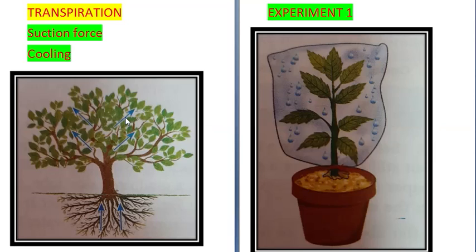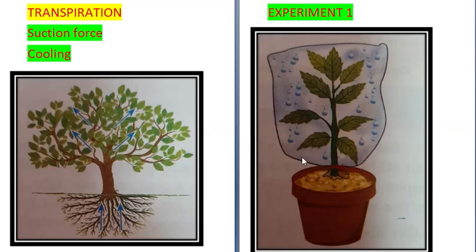Now transpiration is a very useful process for plants for two reasons. First, it creates a suction force in the stem which enables the roots to absorb water and nutrients from the soil, and secondly, it helps in cooling. Just like humans, our body gets cooled down due to perspiration or sweating. Plants cool in hot temperature by losing water in the form of vapor from the leaves and stem. Now transpiration can be demonstrated by a few various experiments.